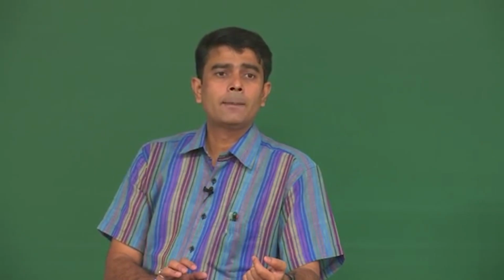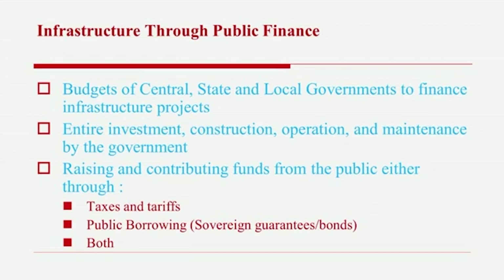So, let me first discuss what is basically infrastructure through public finance, and then we will discuss the other sources of finance and other strategies of finance. So, the budget of central government, state government and the local government to finance infrastructure projects are basically treated as the public finance, and through these local bodies, government, state and the central government, if the infrastructure projects are developed,